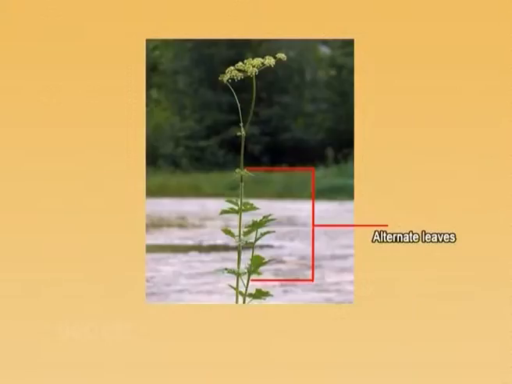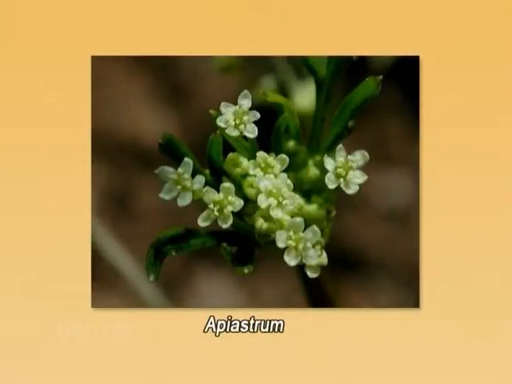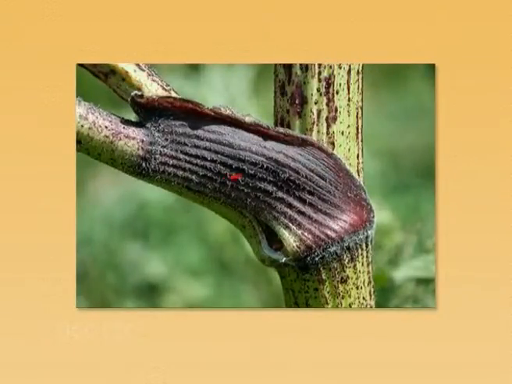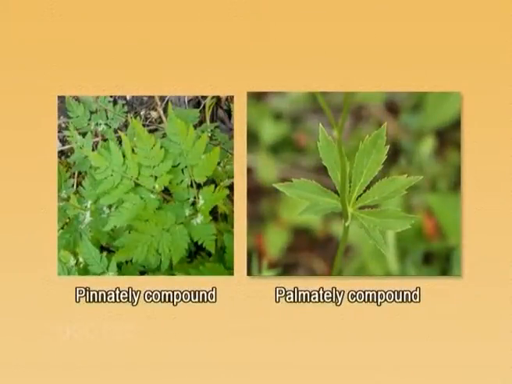Now the leaves. The leaves are alternately arranged and they show a spiral fashion. But rarely we see, in some cases in Apiaceae, where the leaves are opposite. The leaves are mostly petiolate and they have a broad sheathing base. The leaves are exstipulate and sometimes they can be with stipular flanks. The leaves are not simple, but they can be pinnately or palmately compound. But often we see that these leaves are decompound.